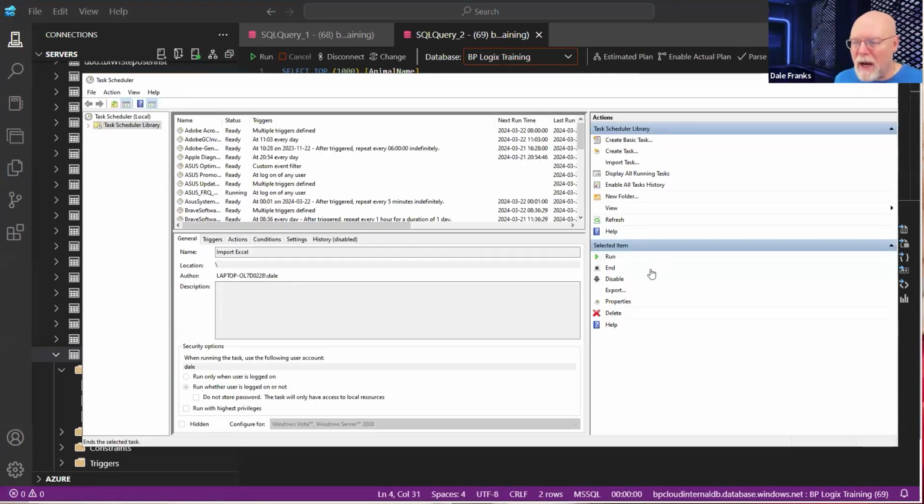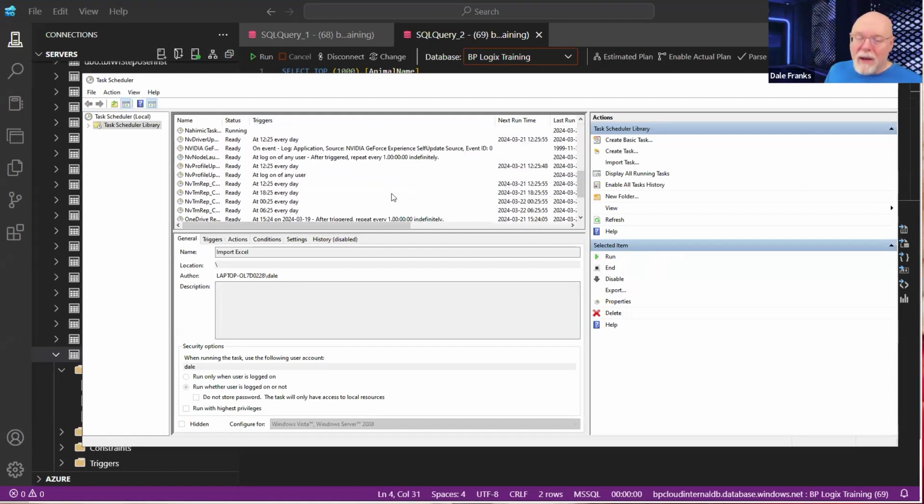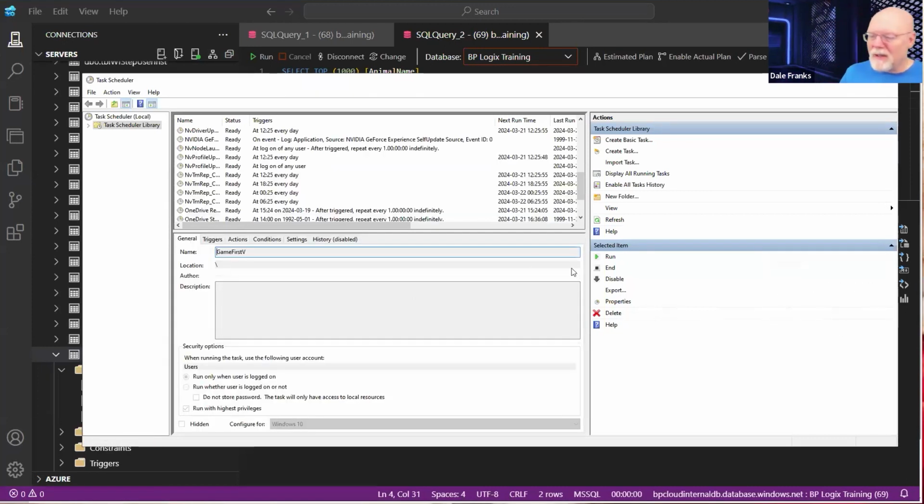I didn't get an error message here that told me that it failed. There may be one in the Windows error log if I really wanted to go look for it. I don't, so I'm not going to. But this does not tell me that it failed. I had a failed import, and this did not tell me that. I'm going to go ahead and delete this task because I obviously don't want that to run every day.